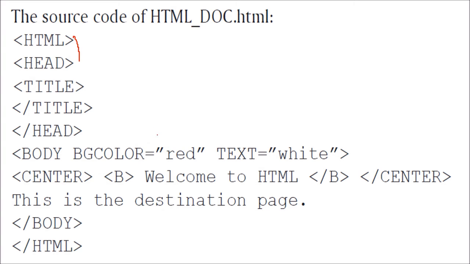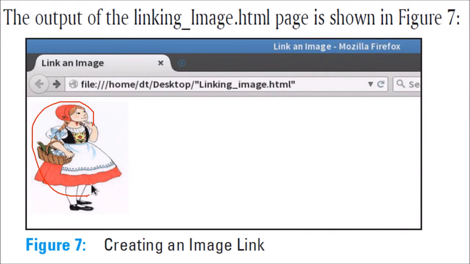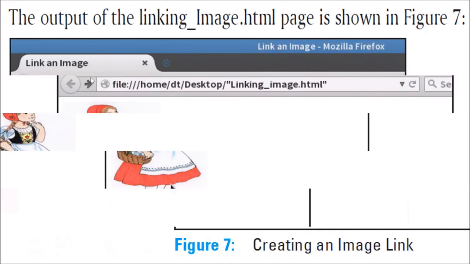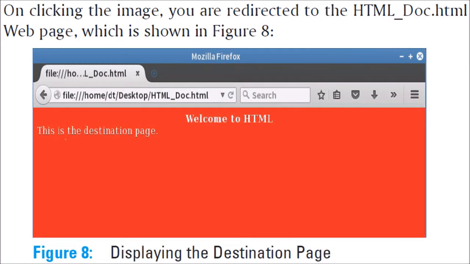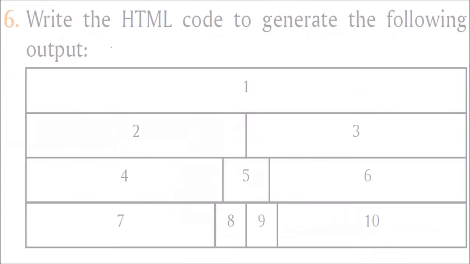You can type anything. We have given a background color as red, text as white. We have centralized some content and made it bold. So when you click this image, you will go to this output, or this web page will be opened. This is how you are hyperlinking various web pages.